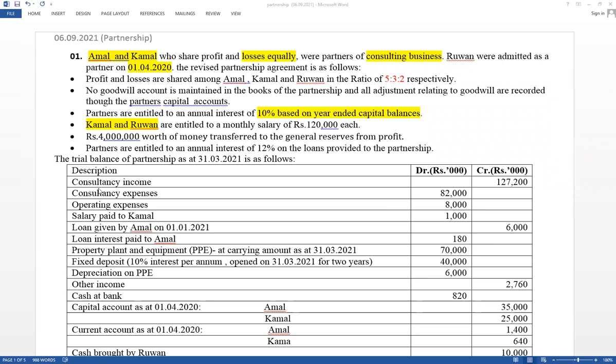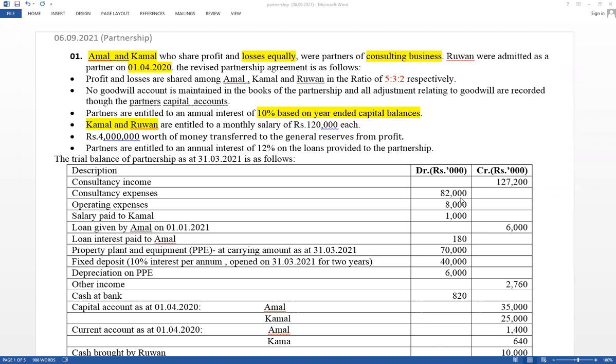Therefore, consultancy income minus consultancy expense is the value that should be considered as gross profit. Sales minus cost of sales cannot be calculated as gross profit if it is a service business; that applies to a trading business. In a service business, it is consultancy income minus consultancy expense equals gross profit, or service income minus service expense, or